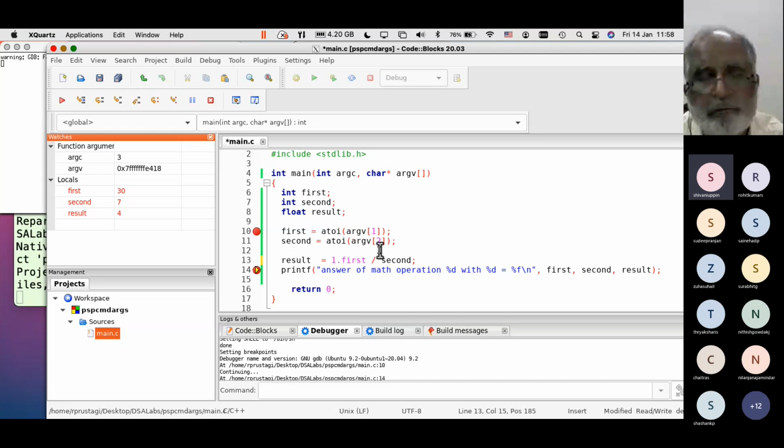If I'm dealing with float, the moment you put this, it will become a floating point and I'll get my answer. So let's run this.